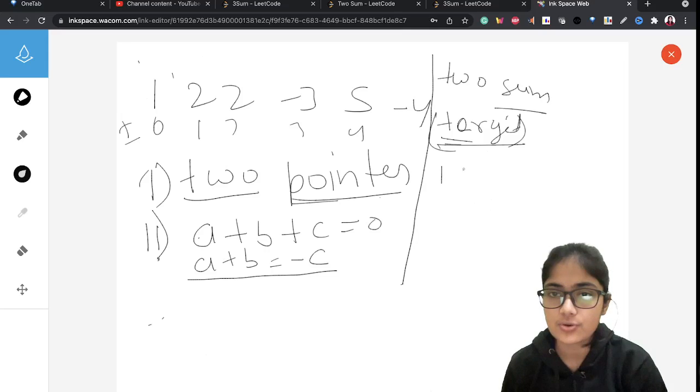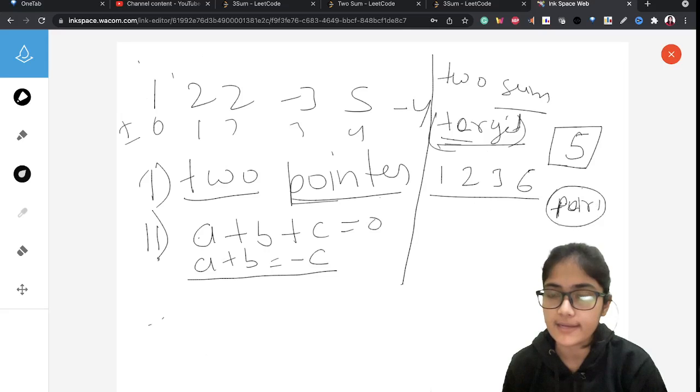So if I sort 1, 2, 3 and 6, let's say, and the target is 5, I have to find all those pairs of numbers whose sum is 5.